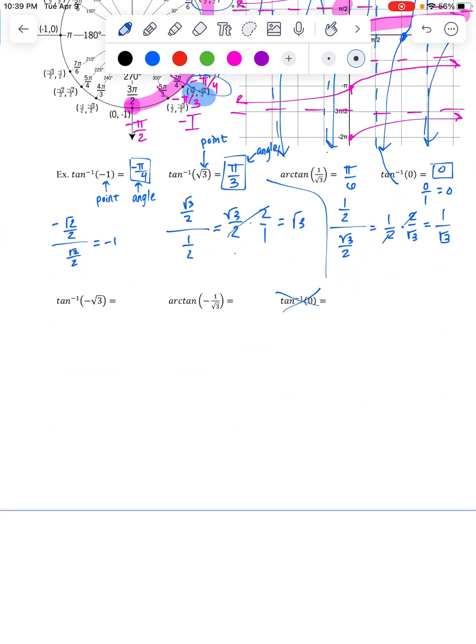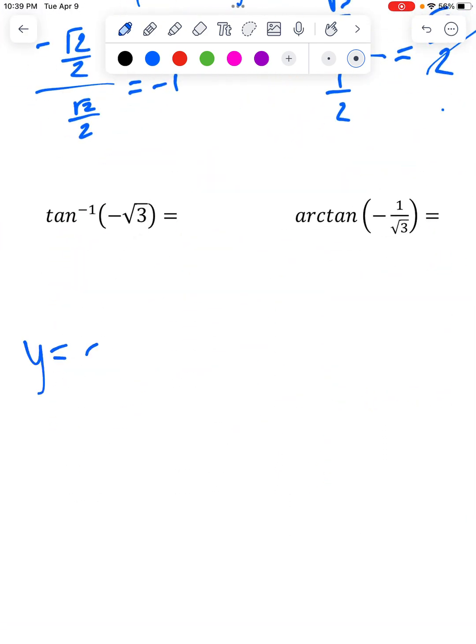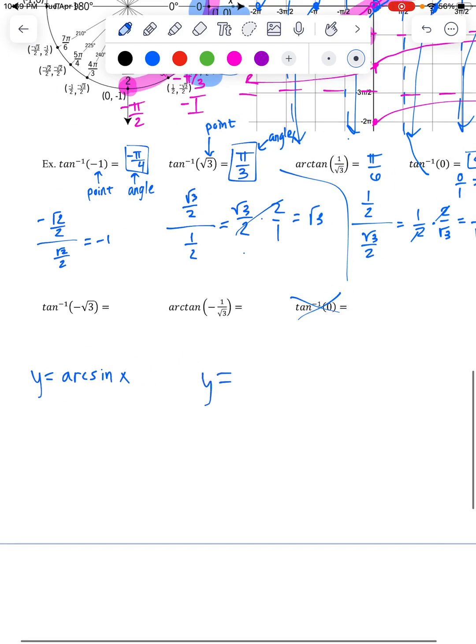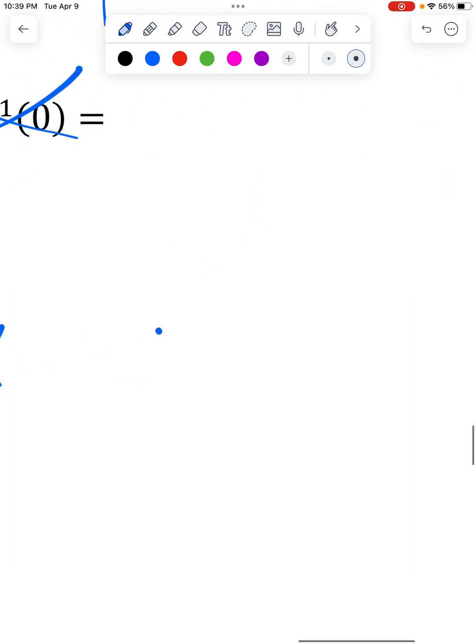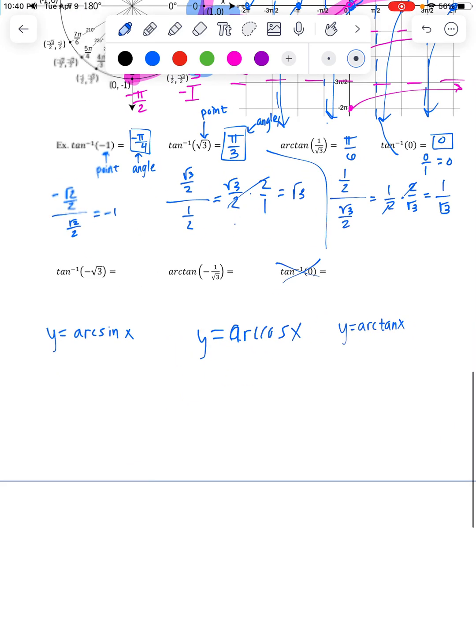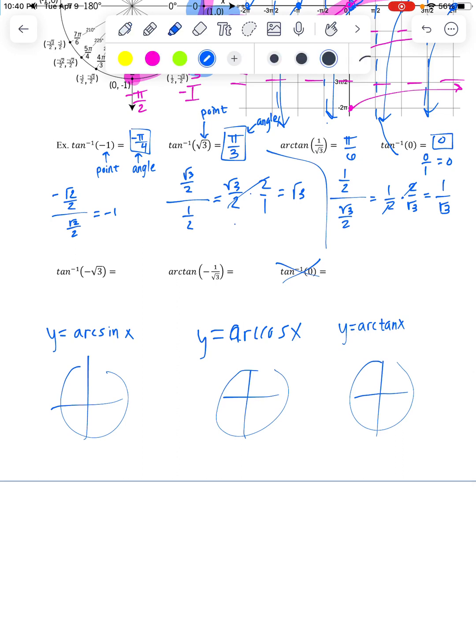So just kind of a quick summary. The whole point was to figure out where your answers were for arc sine, arc cosine, and arctan. And so for arc sine and arc tangent, your answers are in the first and the negative first quadrants. And then for arc cosine,